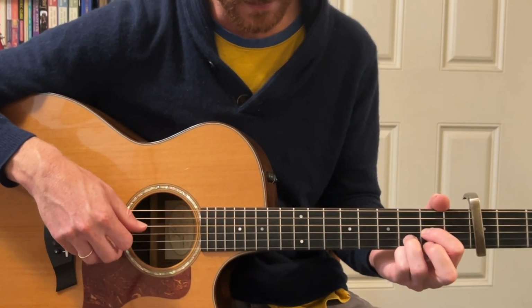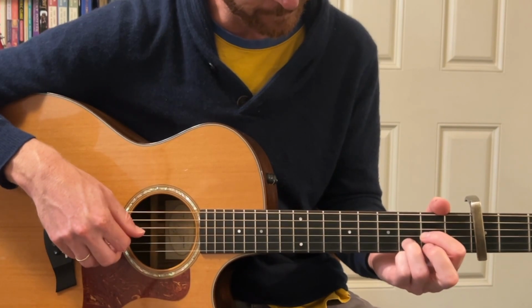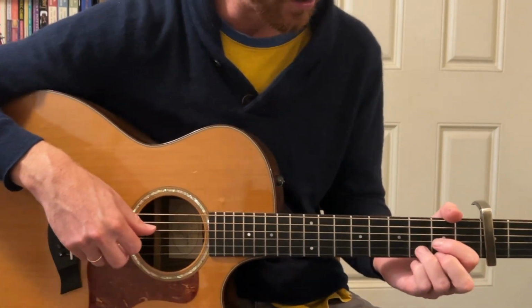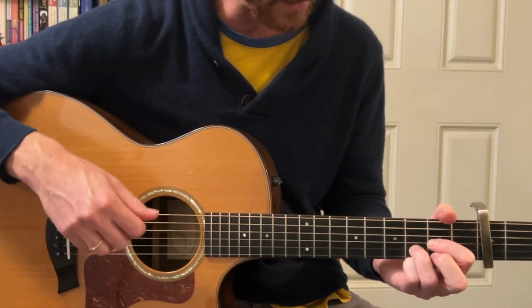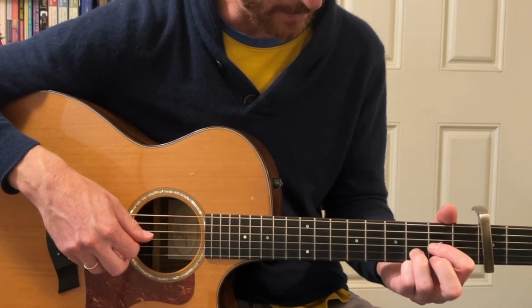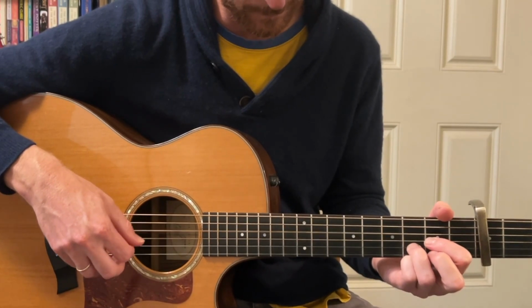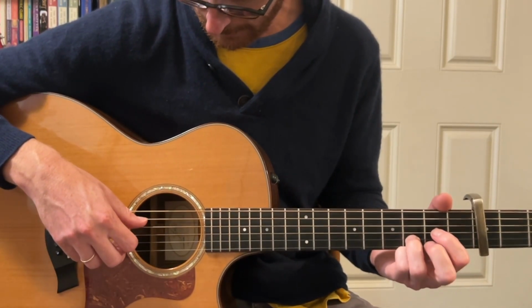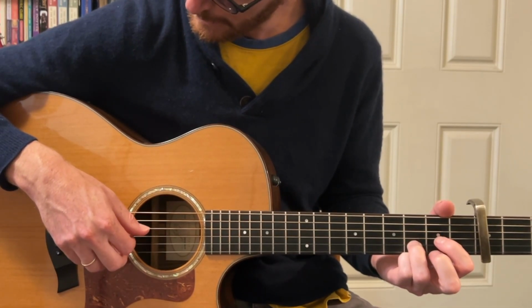Then, this lick here. So this would be 4th, 3rd, 2nd, bass, and then 1st and 3rd strings open, bass again, and then